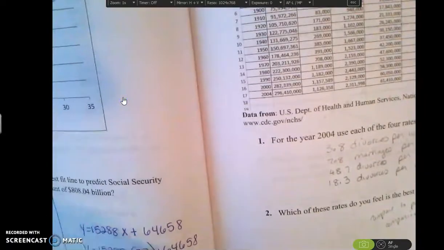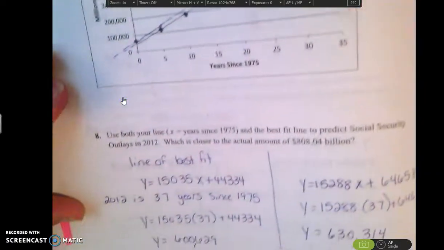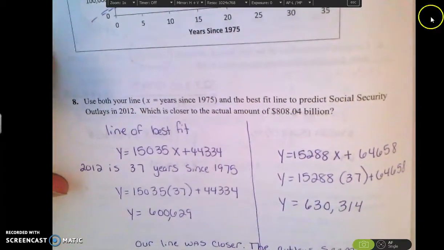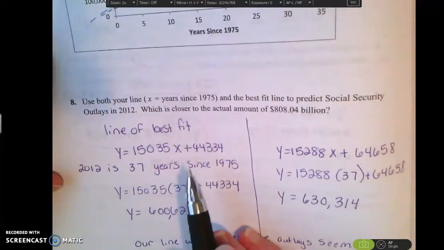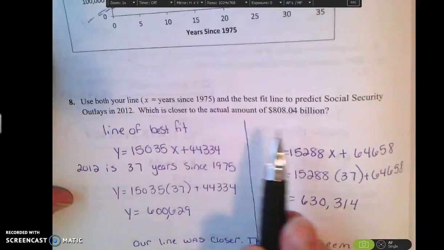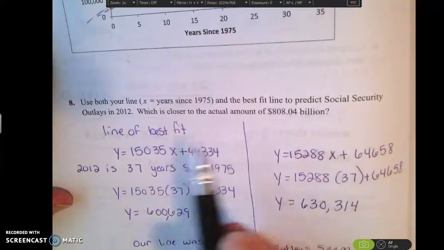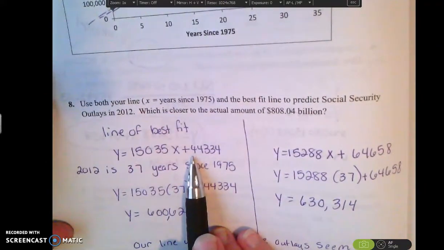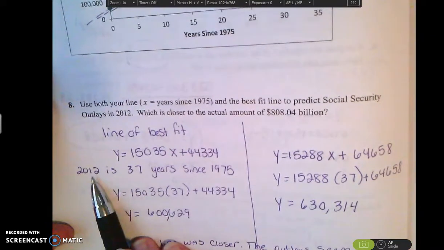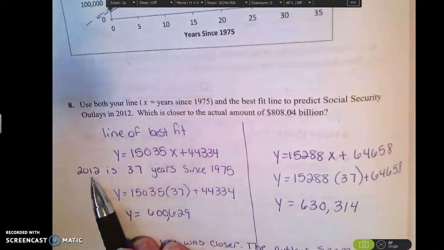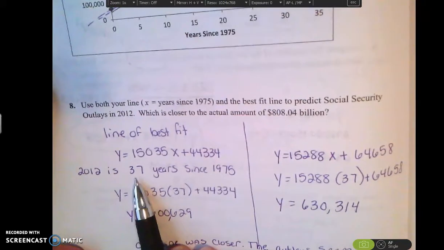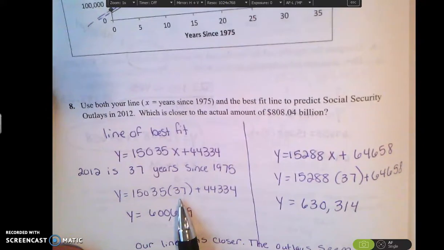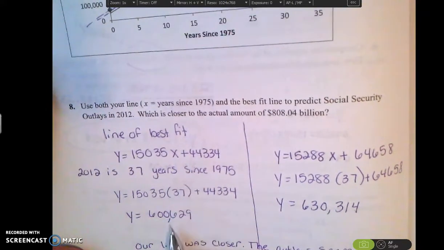So now, back to our book, if we look at that, it says, use your line, X years since 1975, and the line of best fit to predict the Social Security outlay. So the line of best fit is that equation that's on the chart. So in 2012, that is 37 years since 1975. So if I substitute 37 in for X for this equation, I end up with